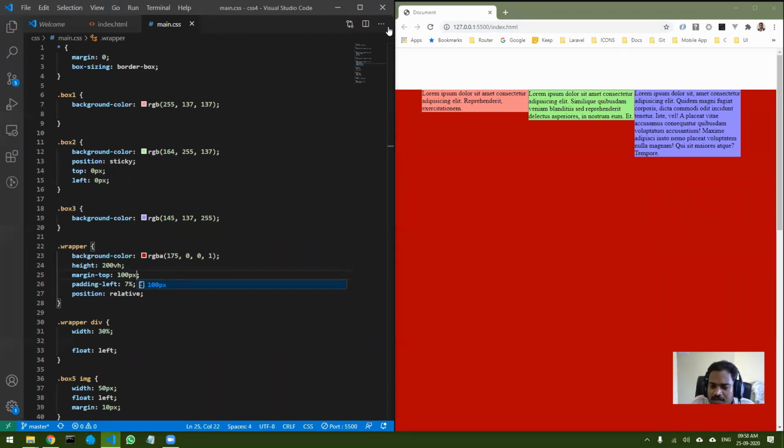Okay, so you cannot take absolute, set it to Z index 100, and then in fixed if you set Z index 50, that will not take effect. Okay, because all these positions have their own Z index values. So that is very important to understand.